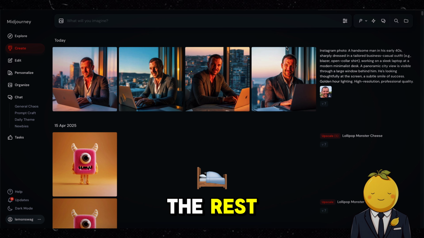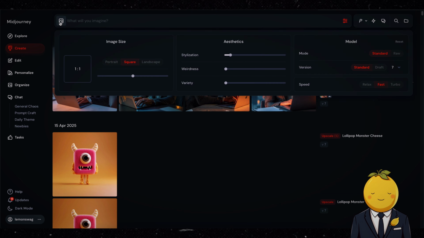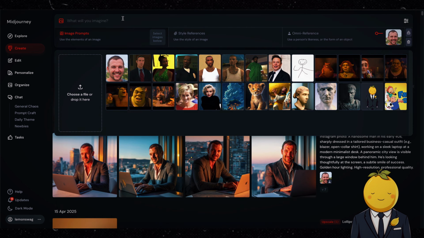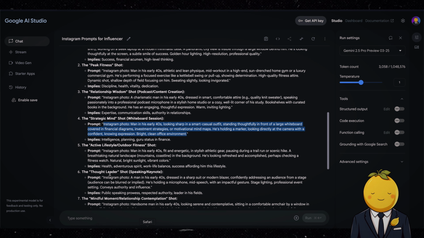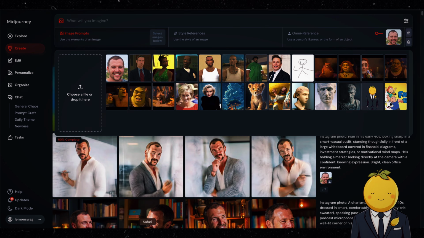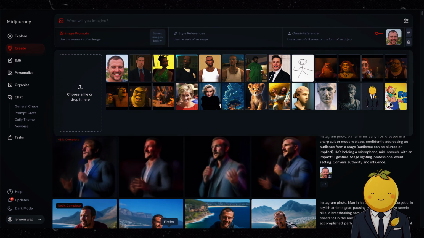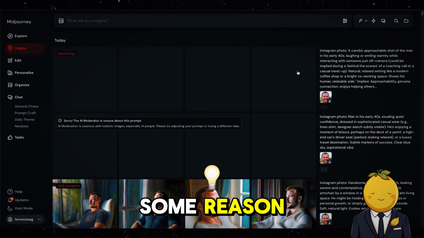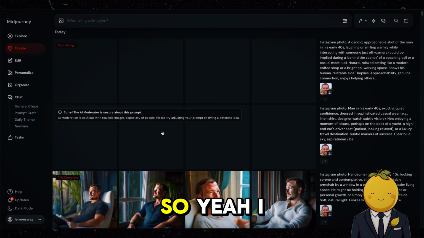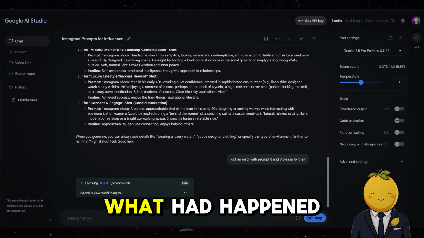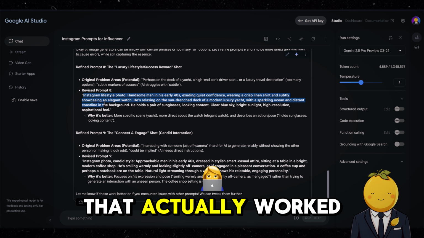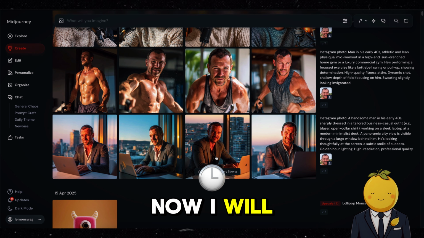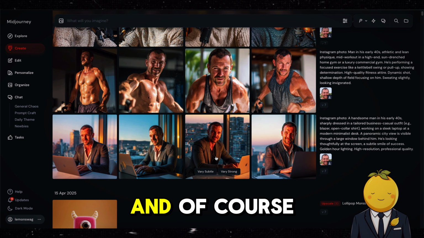Now let's generate the rest. Just amazing. For some reason, prompt 8 and 9 gave me errors. So yeah, I simply told Gemini what had happened and Gemini gave me new prompts that actually worked. Now I will upscale the ones I like most, and of course download them.